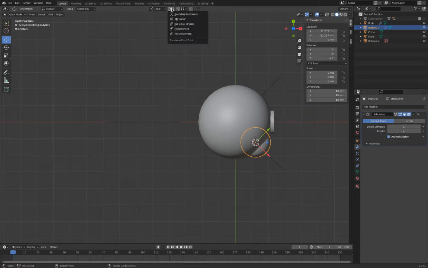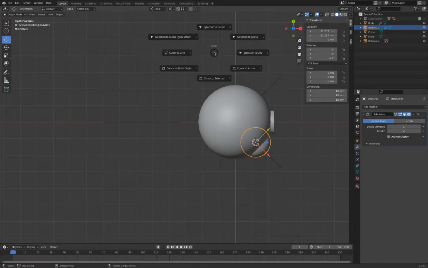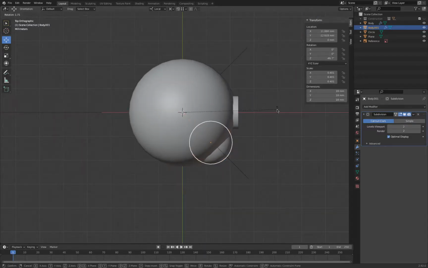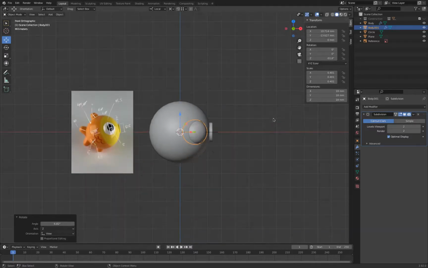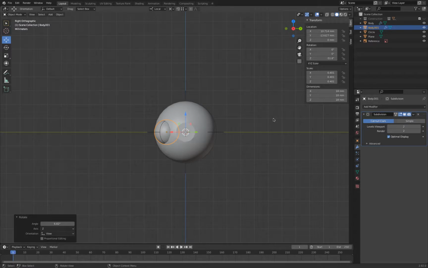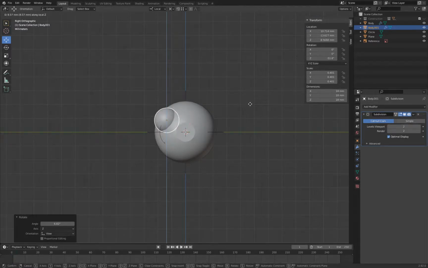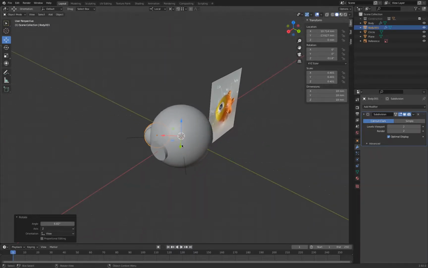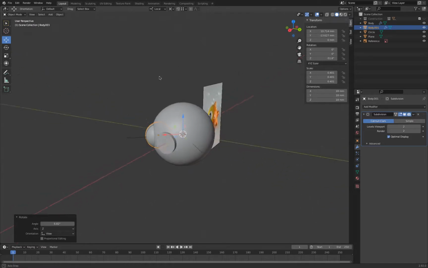So this is now where 3D cursor, Shift S, cursor to 3D world comes in, and working locally. So we want to rotate this a little bit more like this. Okay, now we can't just simply move this up because it changes the way the eye sits on the sphere. We have to rotate it along the y-axis. So that's why we're in local mode. So R and Y,